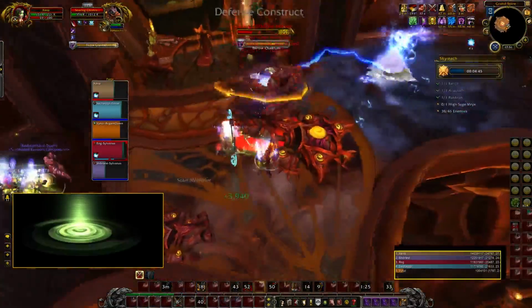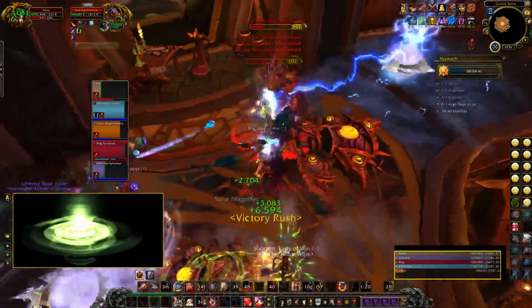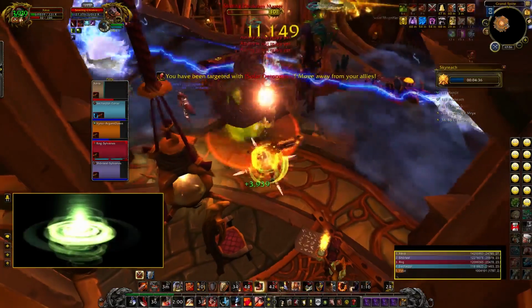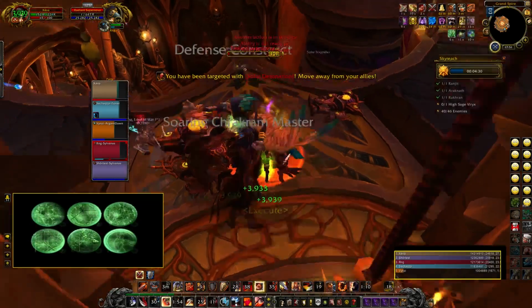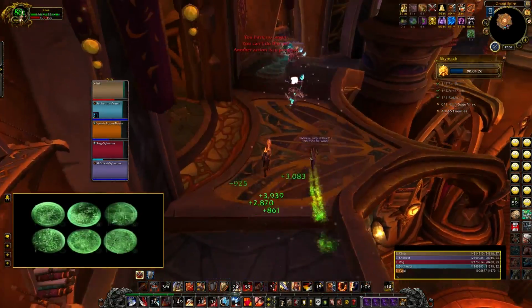Most important thing is just to keep Rend up in the end, and then just stay alive, and then just execute to finish them off. It's pretty easy to get an interrupt here. Just interrupt the first cast you see to keep your rotation interruption. Now go to the last pack,